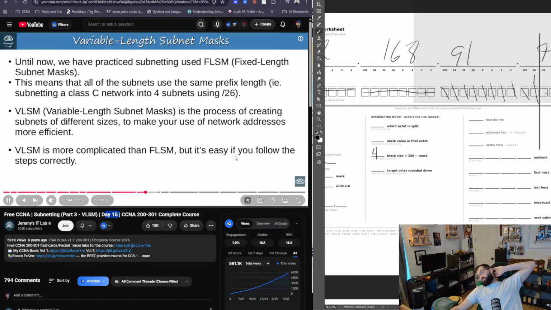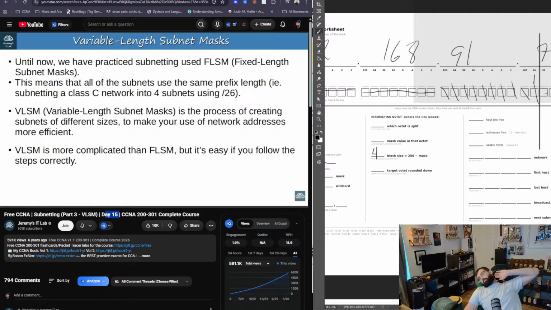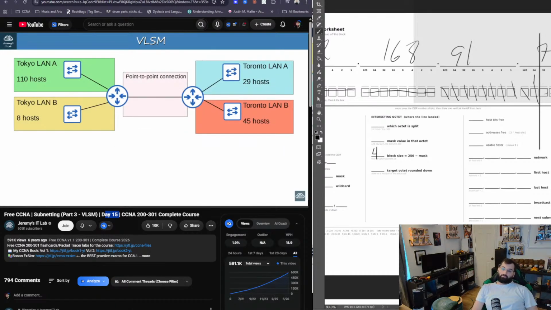So that's what I want to teach you now, the steps to subnet a network using VLSM. So here's an example small enterprise network. There are 2 LANs in Tokyo and 2 LANs in Toronto. Tokyo LAN A has 110 hosts, and Tokyo LAN B has 8 hosts. Toronto LAN A has 29 hosts, and Toronto LAN B has 45 hosts. Also, there is a point-to-point connection between the 2 routers that we must assign IP addresses for. We are assigned the 192.168.1.0/24 network, and must divide it into 5 subnets to provide IP addresses for all hosts